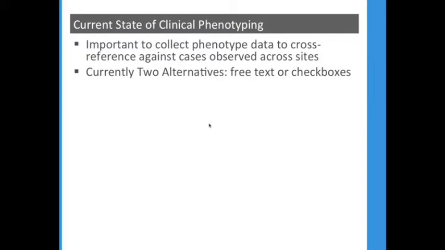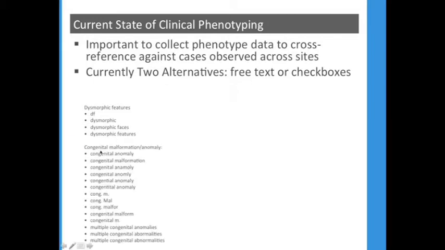There are really two alternatives right now for describing patient phenotypes. So there used to be two alternatives up until a couple of years ago, either free text or checkboxes. When people describe patient phenotypes using free text, there are all sorts of different terms possible for the same exact thing. So dysmorphic features may be described in the clinic note as just DF or dysmorphic faces or dysmorphic features. It can get actually worse.